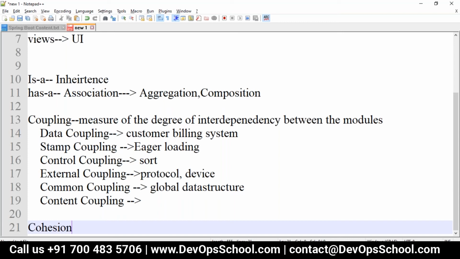We have to create a matrix, and based on that we will be writing some matrix kind of diagram.